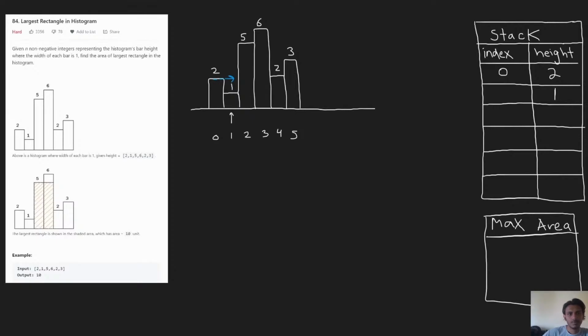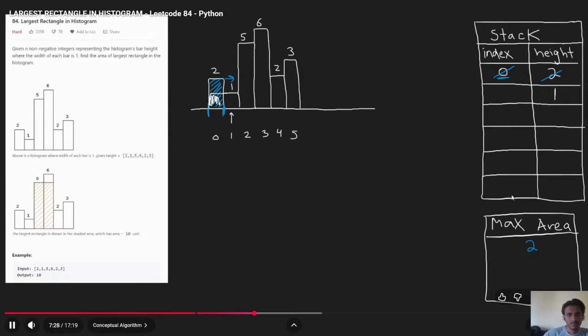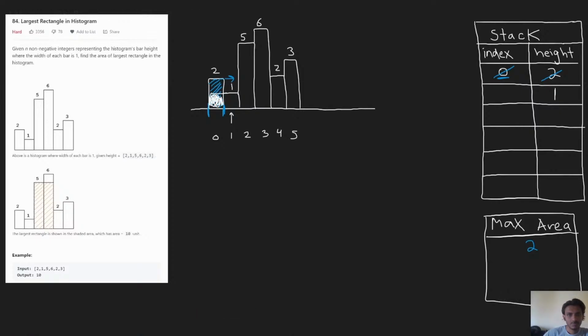But before we pop it, let's just see what's the max area we could have gotten with this 2 height. It started at index 0, and we just reached index 1. So that's the range of the width from 0 to 1. So the width is 1, the height is 2. That means the area is 2. So far we'll say our max area is 2 now. And now we can pop the 2 from the stack. So what's the index of this 1? Well, we're currently at index 1, right? So we can say that that's the index. But I'm actually going to do it a little differently. If you look at this 2, we can actually extend this 1 all the way back because we just popped this 2. That means this 1 could have been extended back by 1. So instead of